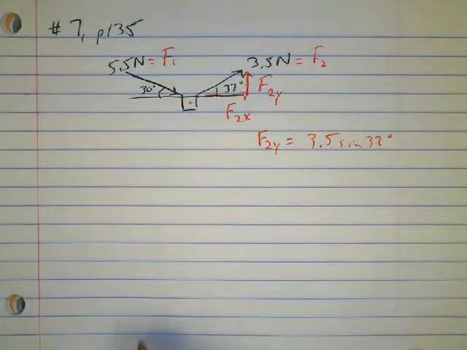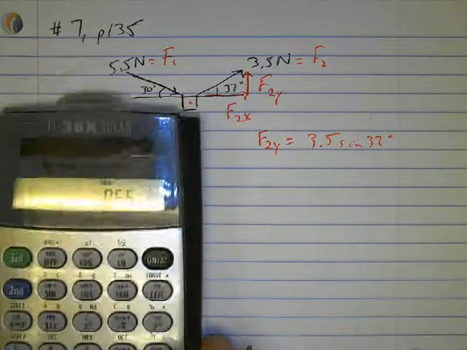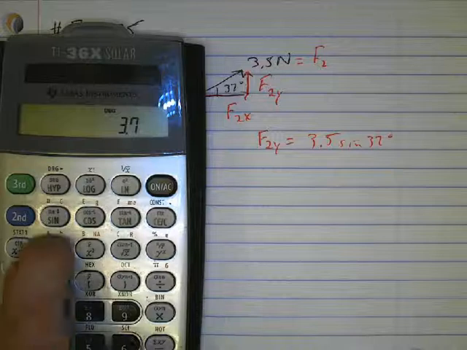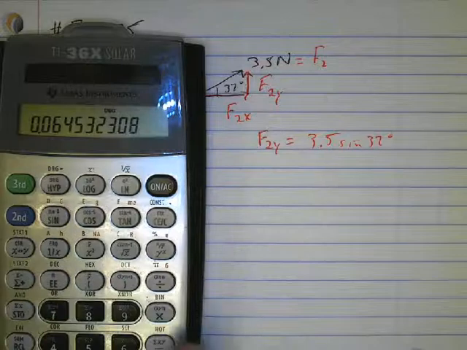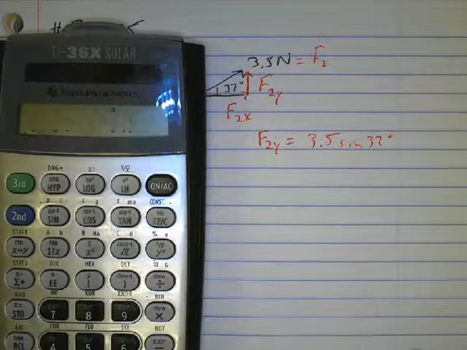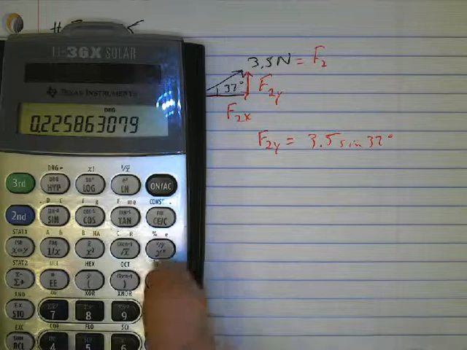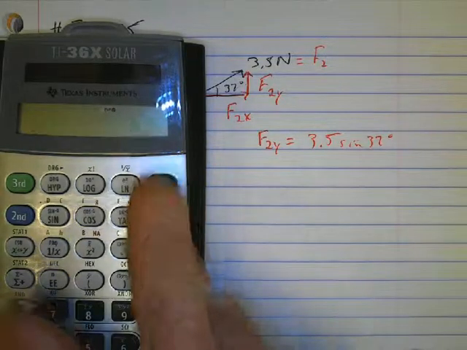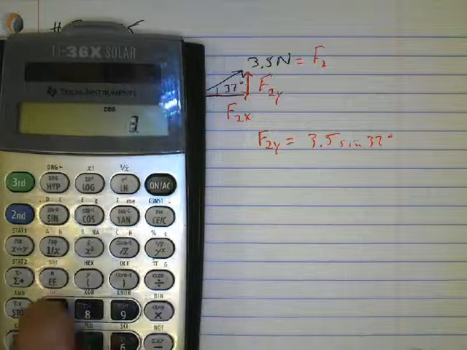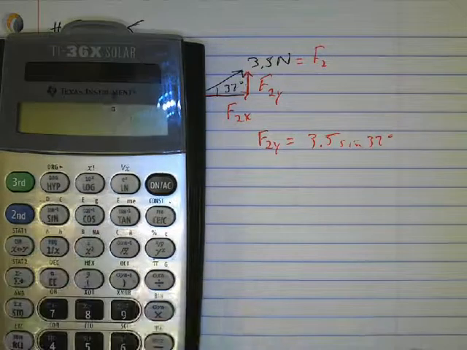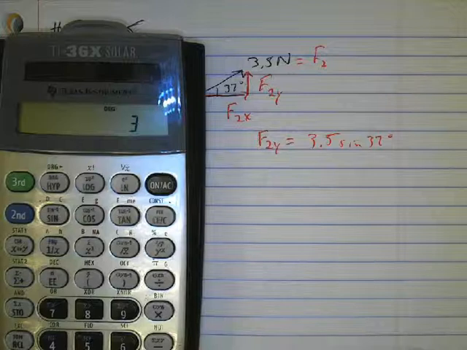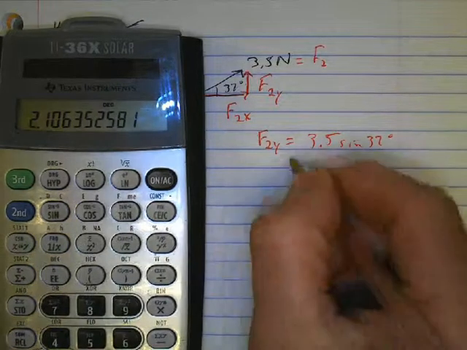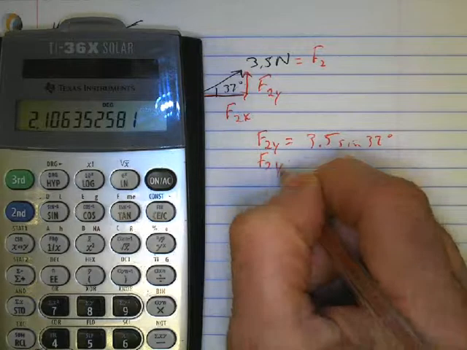So if we take our calculator, we've got 37 sine times 3.5 equals, it seems a little low. Let me try it again. 37 sine times that, that's much better. So that is F sub 2 in the y is equal to 2.11